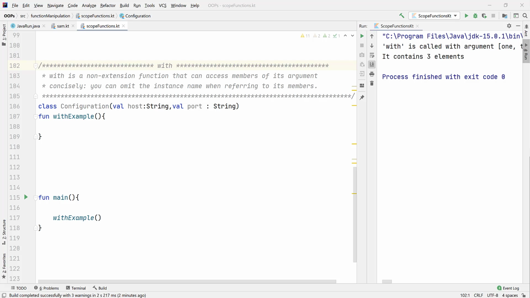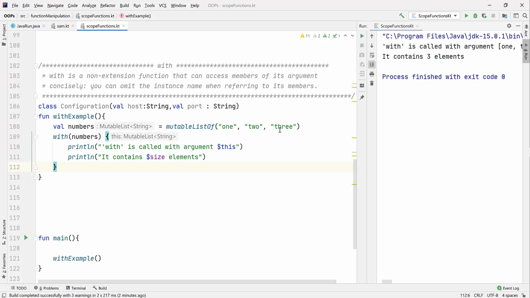Let's see an example. For example, I have a list of numbers here: 1, 2, 3, and with numbers, do the following code. We can say with this object, do the following code. So we can access the object as an argument, or as a receiver, this. Even though we pass the number as an argument, we can access it as the receiver this keyword,